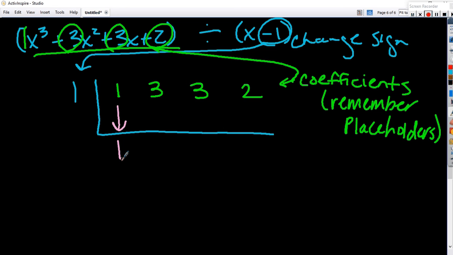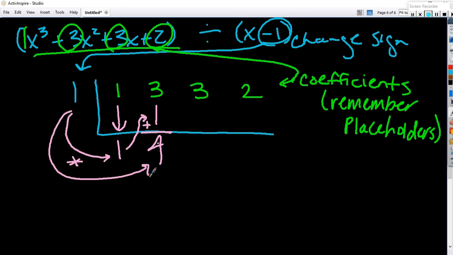Drop down the first one. Take the number outside, multiply. What's 1 times 1? Write it here, but add this column. Everybody always says this when I show you the first one, and then after we do a couple, they go, oh. So what is that? And then you add 4. 4 on the next one. Now you start the process again. 1 times 4 is 4, and you add 7. And you multiply,